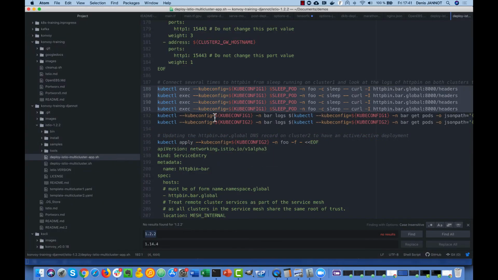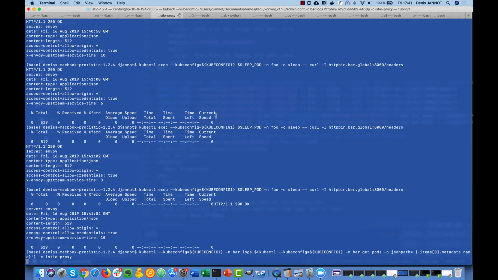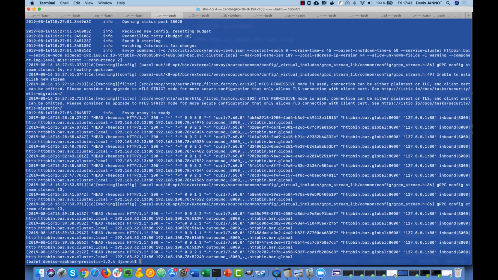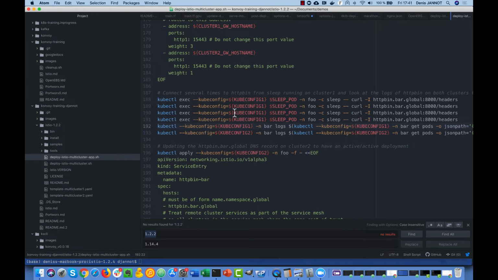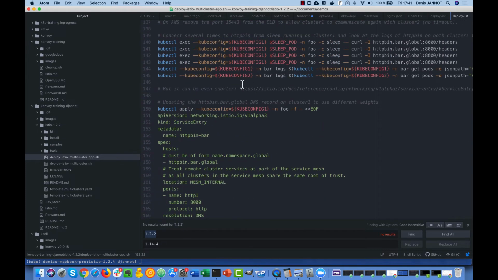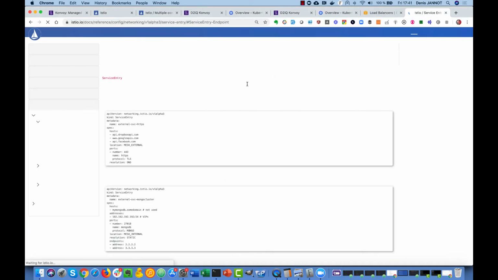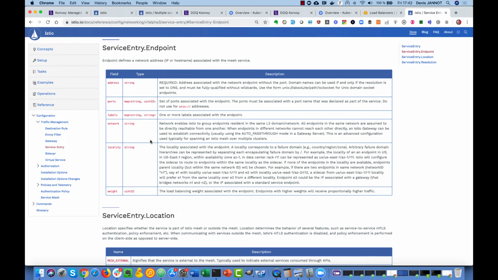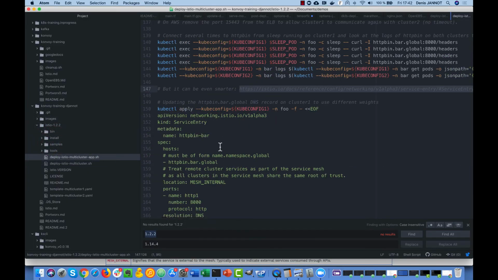And we can see that again by looking at the access logs. But in fact, we need to send a lot more requests just to really see this weight in action. But you have a lot of interesting options available there. If you just go online, you'll be able to take a look at that, and you have a lot of smart ways to do the load balancing. So many different strategies can be used.